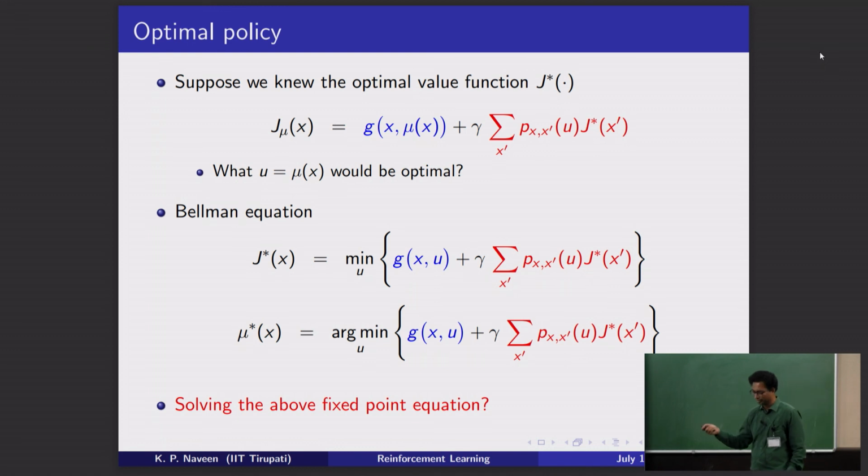If your state space is finite, you will have some set of equations which may not be linear because of this min operator, okay. So the min operator is making life complicated, but otherwise also you have some set of equations. In fact, if you remove the min operator for each u, you have to solve this set of linear equations. There are some methods like that, but I will talk about